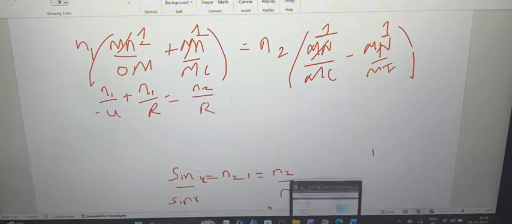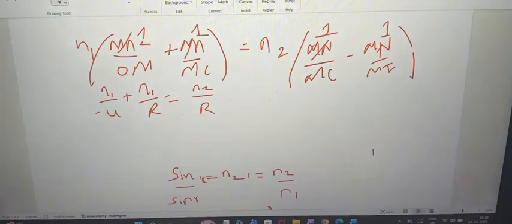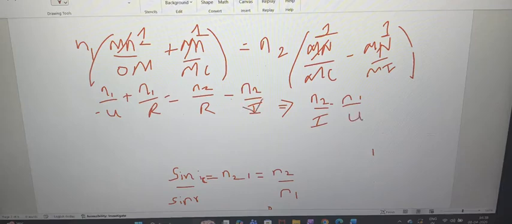Now what is mi? mi is nothing but the image distance, which is v, and because of the negative sign here we'll put it, and n2 divided by v. Now simply we will send this to this side and r over here. If we send n2 towards that side, this is actually negative, it will turn positive. So n2 will become positive on the left hand side. This will remain as it is, minus n1 divided by u.